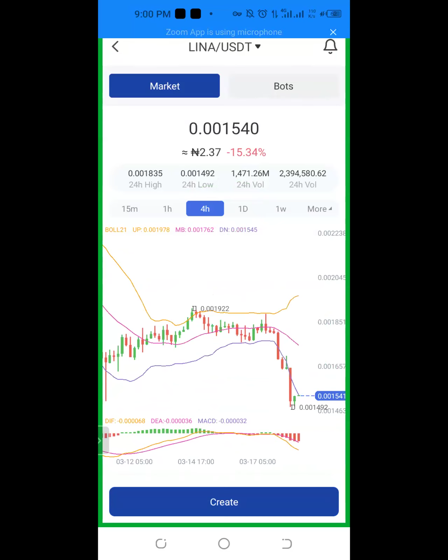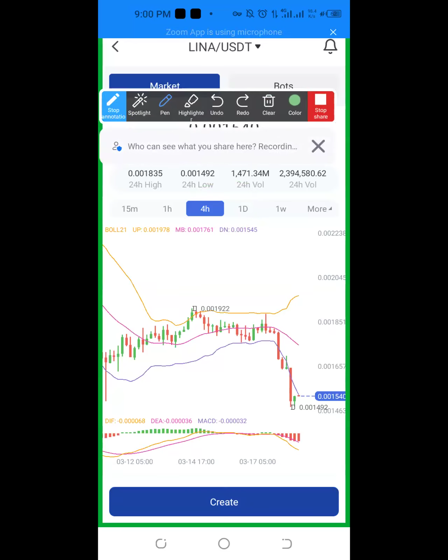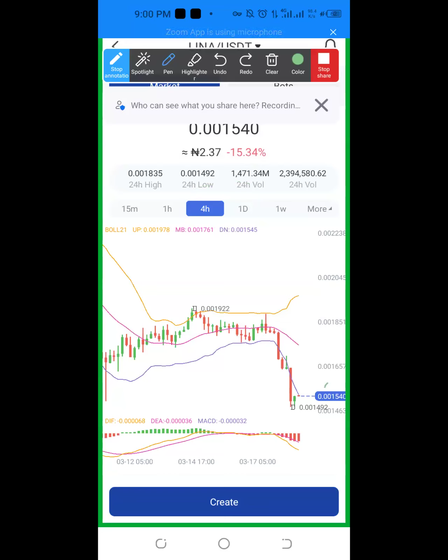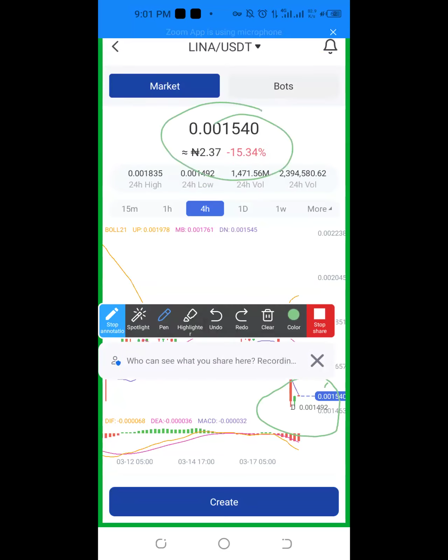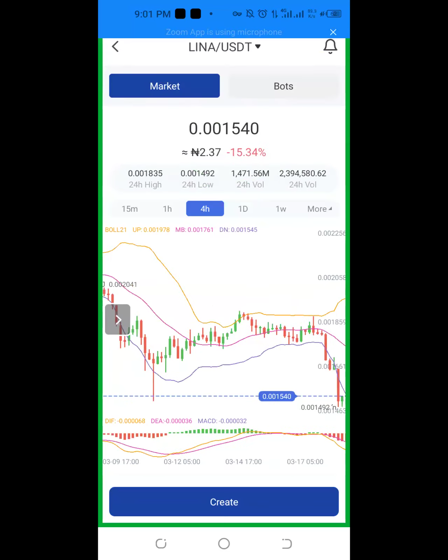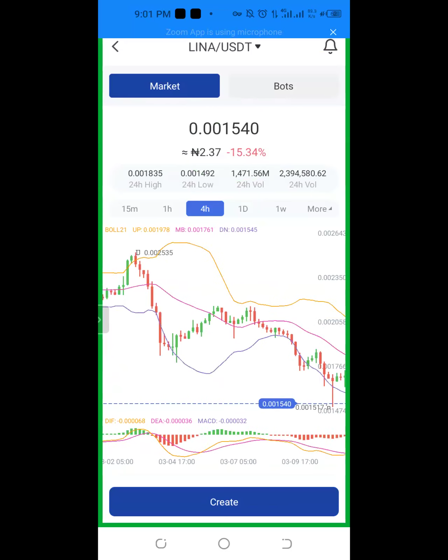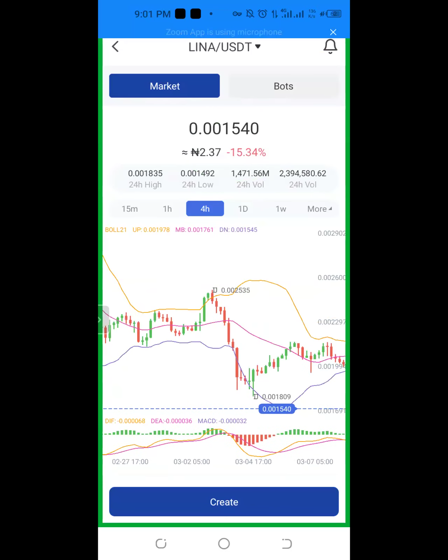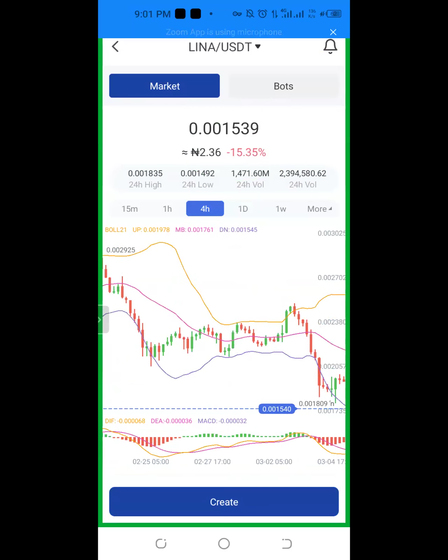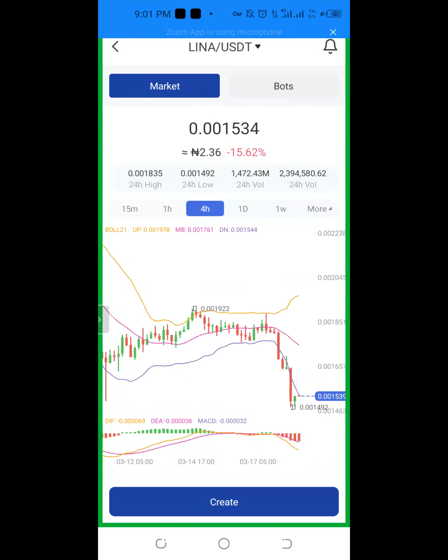I would rather this candle give me an idea. See this candle here. This candle is showing 0.001492. So the coin can still crash down to that price. So these are the things you should be checking when you want to enter a coin. Let me check back. Is there any lowest price before? So the coin can still pull back to this